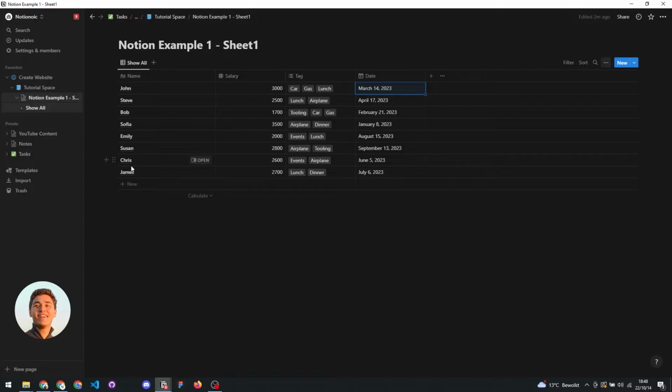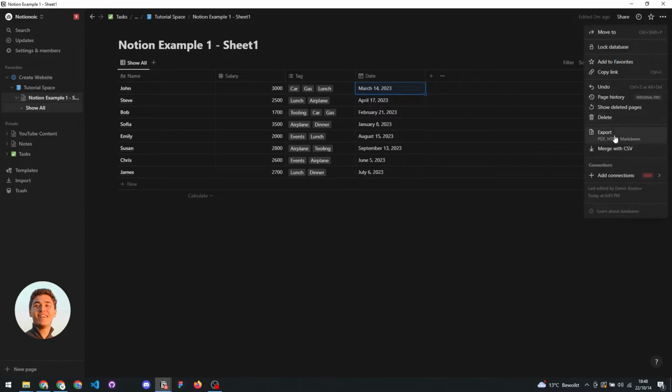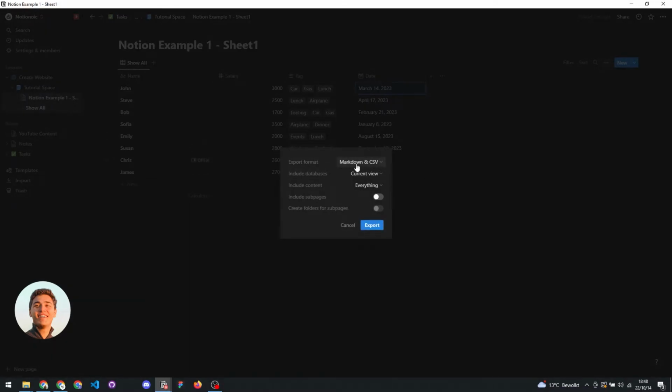Now let's look at how to export our Notion database so that we can then open it as a Google Sheet. We will use this database we have been working with so far. All we need to do is click on the 3-dot menu again. Then we need to click on Export, make sure the export format is marked down in CSV, and then click